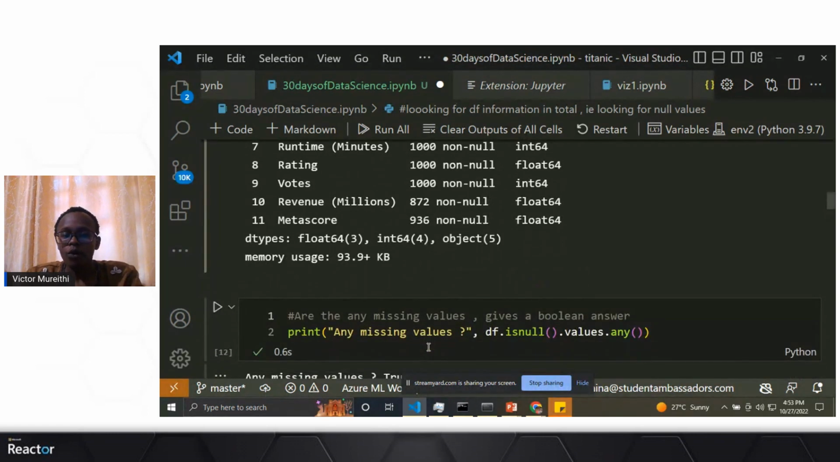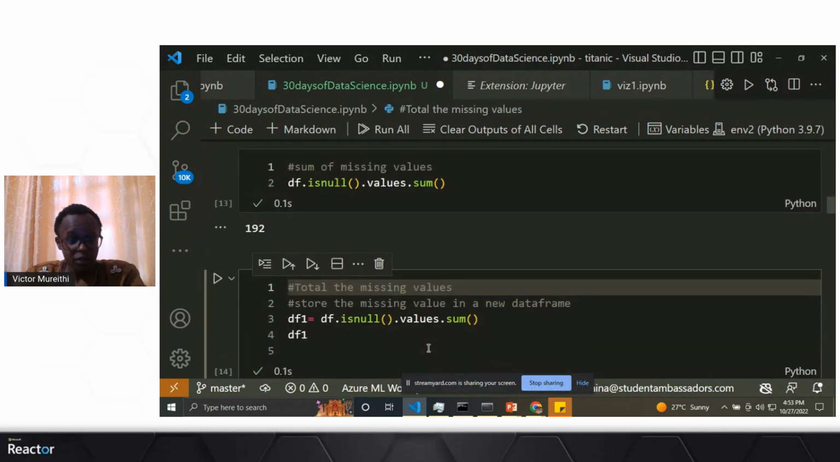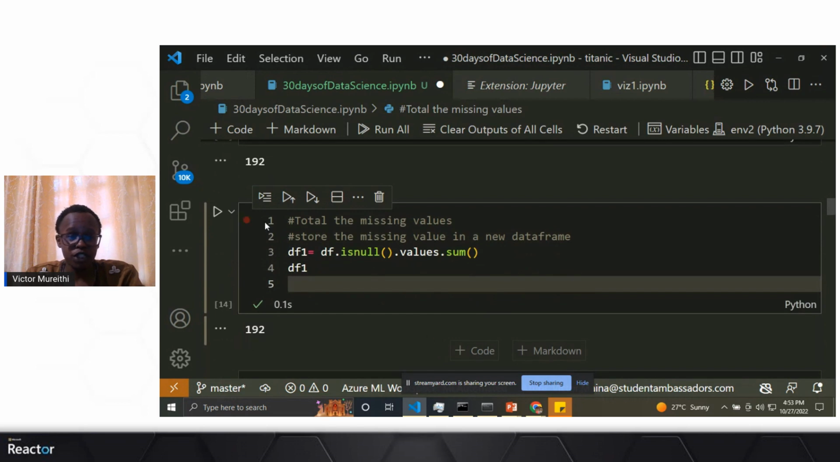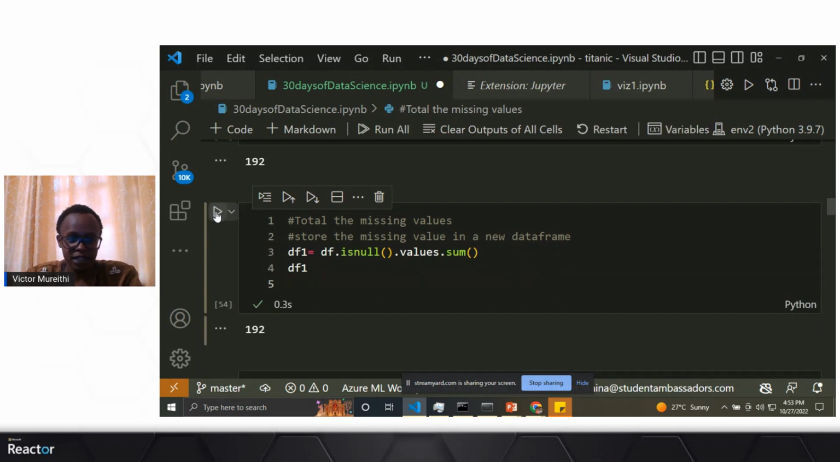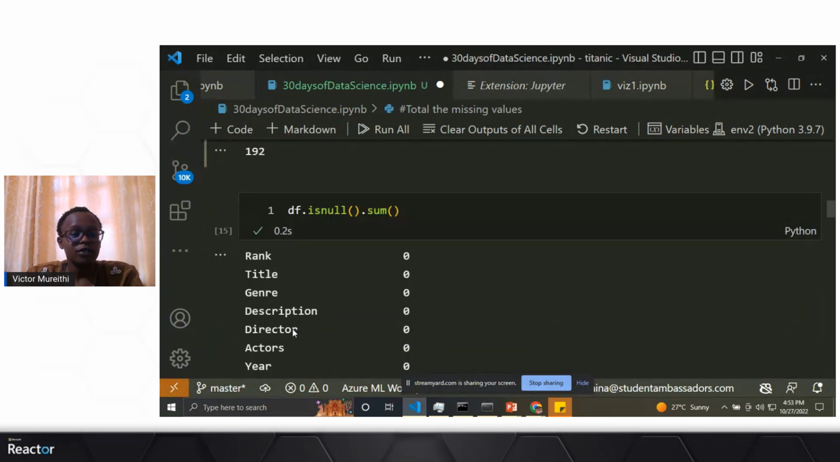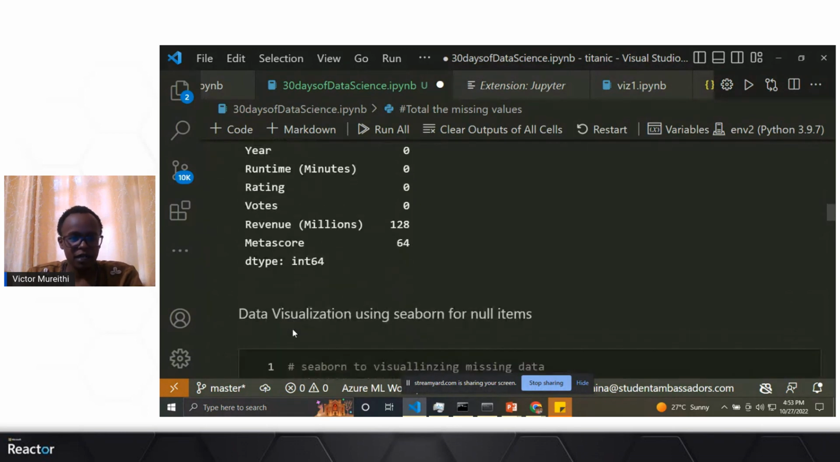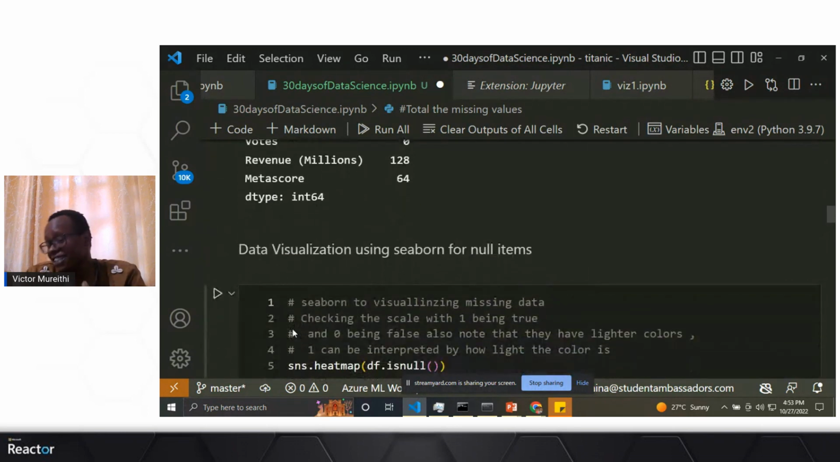So how can we visualize the missing data in our data frame? We're going first to check if there is missing data, and this is the total number of missing data in our data frame. These are the missing records. So how can we visualize? Now this is the fun part, the visualization, seeing things in a chart where we can understand